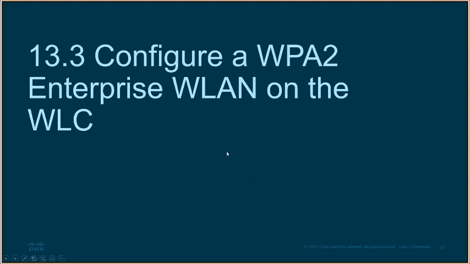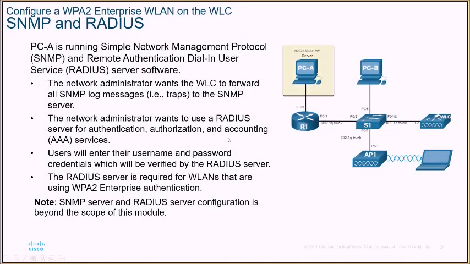Okay, so now how do we get WPA2 Enterprise running? So PCA, in the yellow box, is a Simple Network Management Protocol and Remote Authentication Dial-In User Service server. And so, of course, a RADIUS server. And that's, of course, what we need for